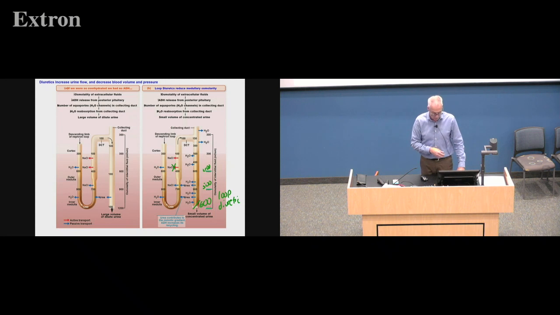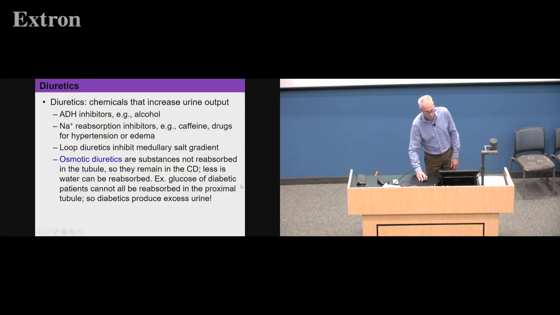per liter of salt, and so there's a less concentration difference between the dilute filtrate and the interstitial fluid, and so less water can be reabsorbed by osmosis in the presence of ADH. So we wash out some of that salt gradient using a loop diuretic. All right,